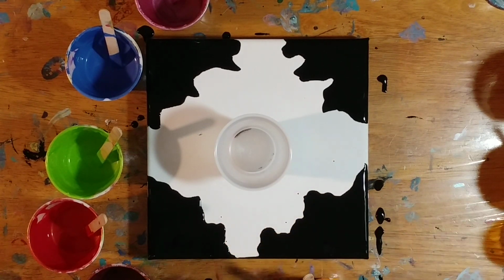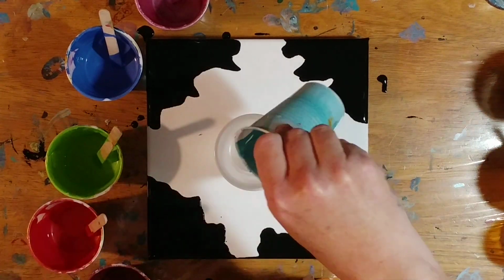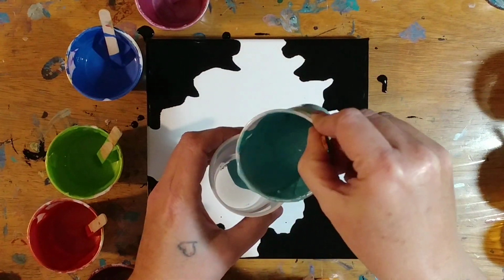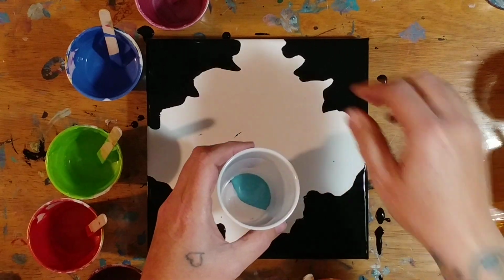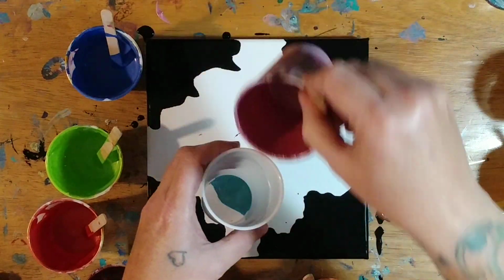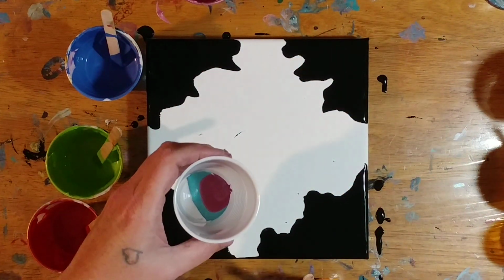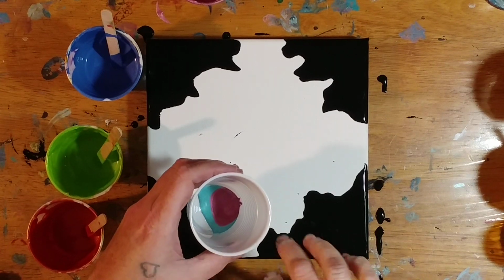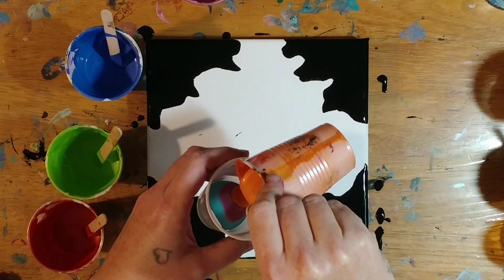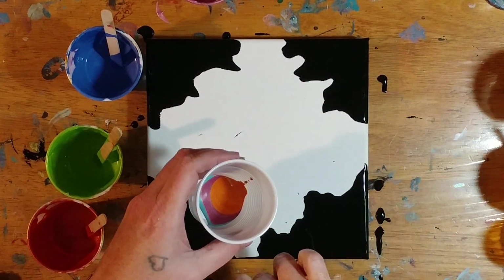I think we'll do a hint of turquoise just in the center. I'm saving the rest of that color for another pour, so we'll leave that. And we'll do the pink. And again, when I'm pouring these colors, I'm trying not to mix them up too much. Just pour them gently. And even if you can catch the side of the cup a little bit, it'll kind of break it from